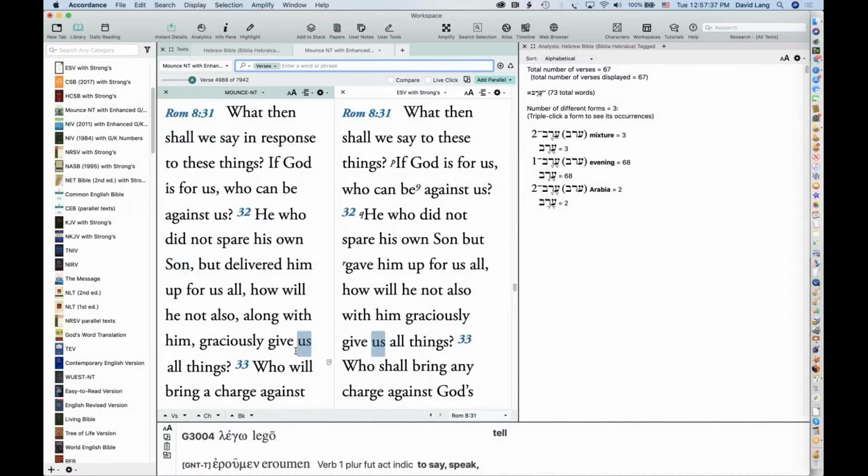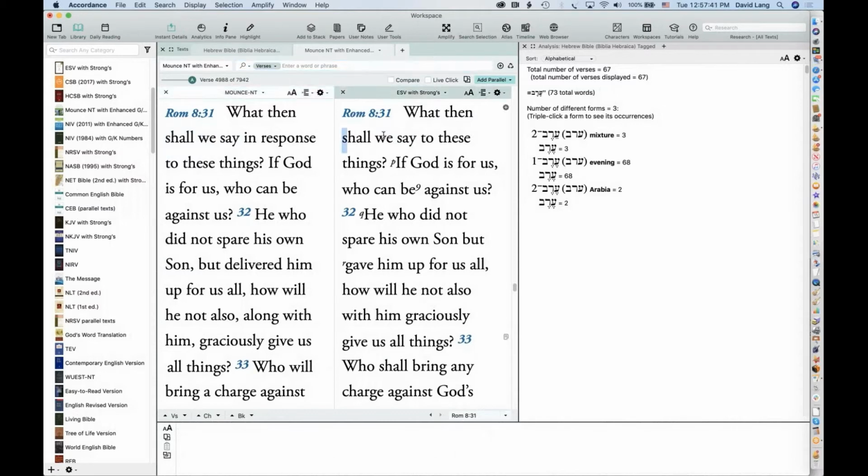So "say" corresponds to Lego, but "shall we say" is actually, all of this is inherent in the inflection of the word Lego in this particular instance, right? It's a rumen, which is first person plural, future active indicative. So "shall we say" is all translating that particular word.